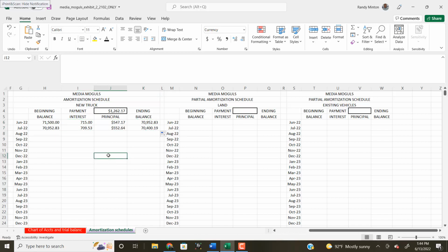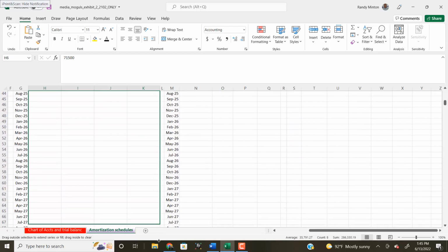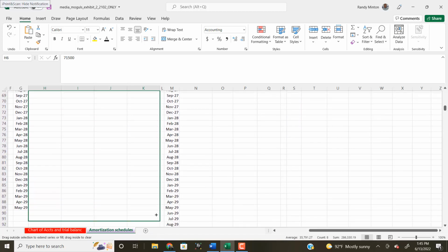Now, one thing, to know that you're on the right track, you should see this interest number dropping each month from this number down to this number, and you should see your principal payment go up each month. And that's because you're actually reducing this guy here every month. All right? So now if I highlight these two guys and make the fat cross a skinny cross and drag it on down through the 84 months,